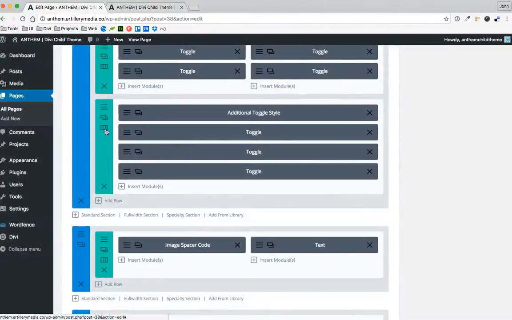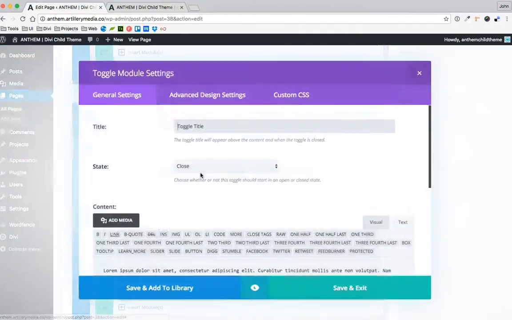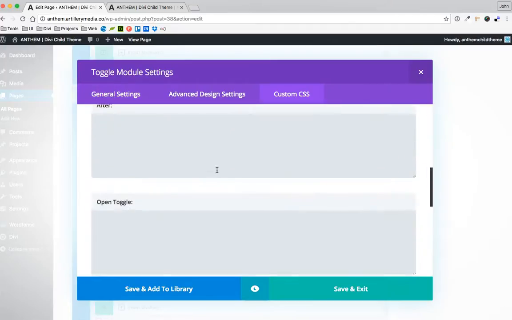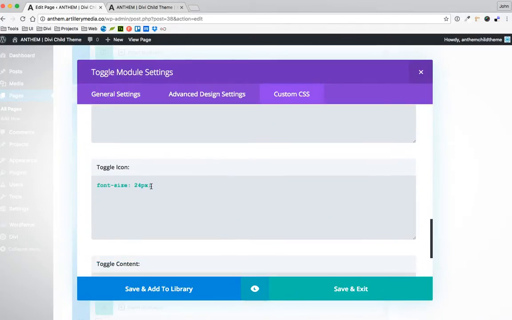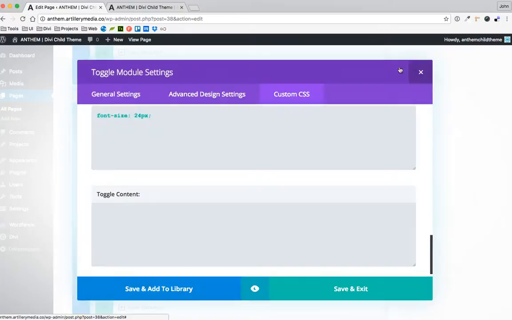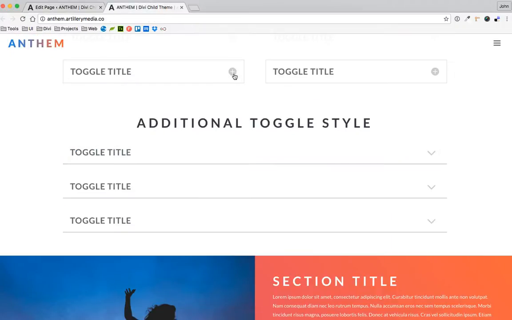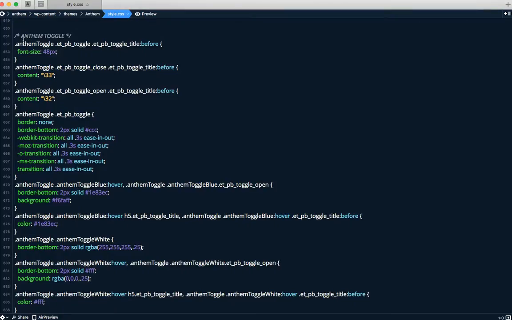Or like I said, you can also copy this row or copy these toggles. These ones might also have a font size on, and they do. They have the font size on them as well, and that's what gets the font size of this plus sign bigger. But this one, you notice we had a couple classes going on. We had an Anthem Toggle class, which